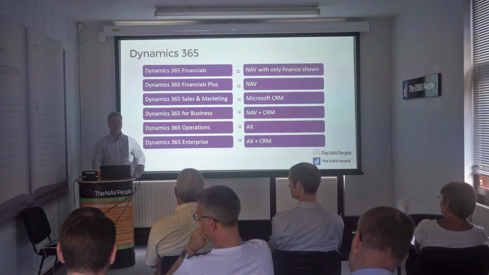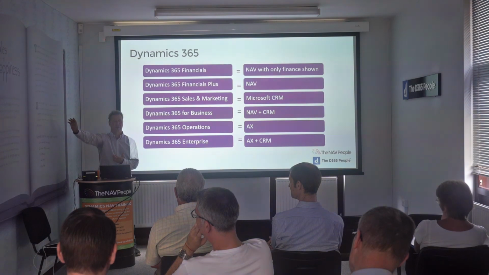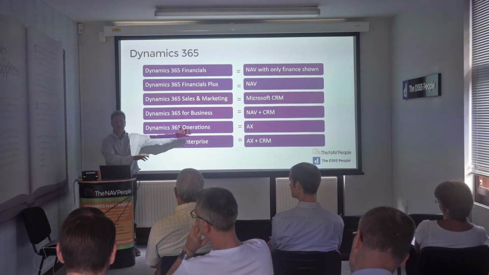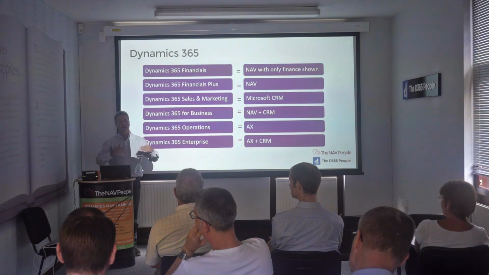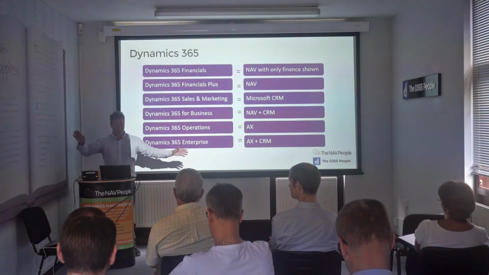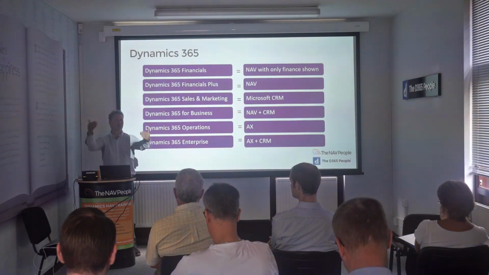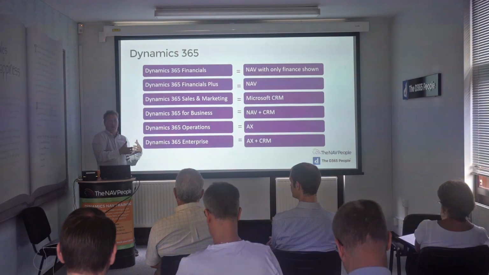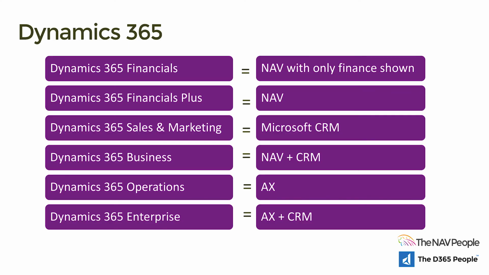Well, I think it's partly to do with the fact that as of today, the user base on Microsoft CRM is vastly more than the user base of NAV and AX. So it's got much more visibility. Lots of people use that corporately. So it's a good place for them to start with this story. We tend to start with this story from a NAV point of view and say, by the way, it also has CRM. If you're more from a CRM focus, you could say it's got CRM and it's also got this thing called NAV. So it depends where you come from, I think is the honest answer. But I don't disagree. They're often starting from that starting point of lots of people having CRM. They should also have an ERP connected to it.